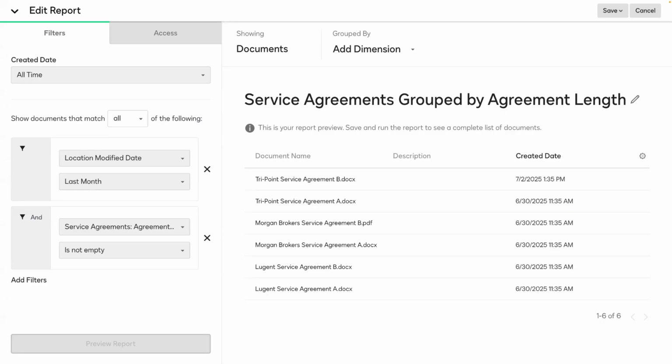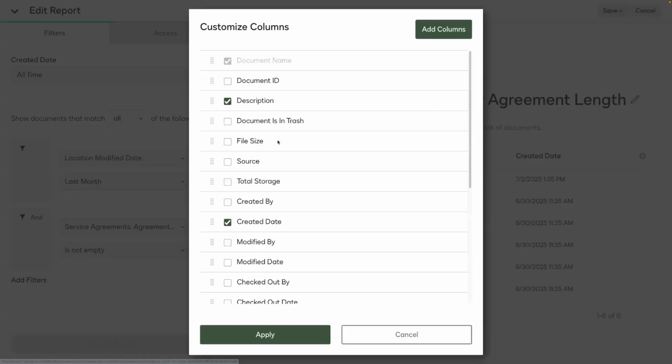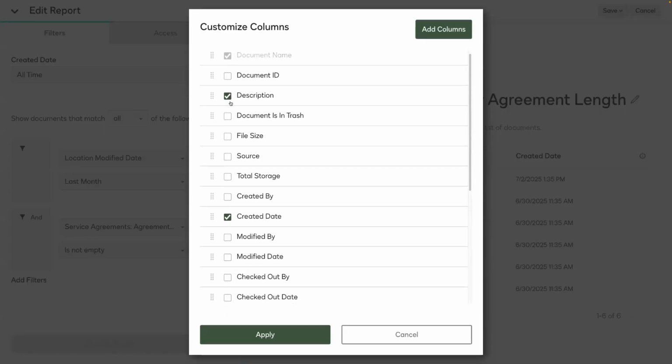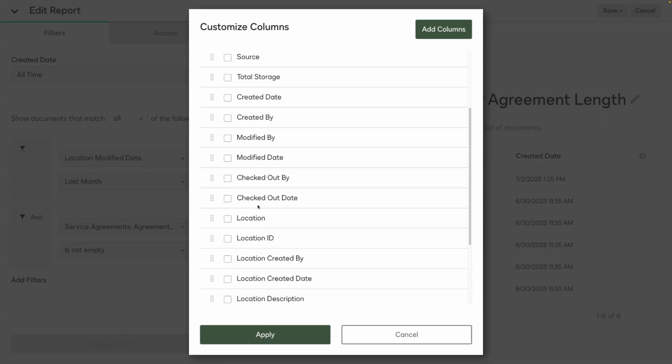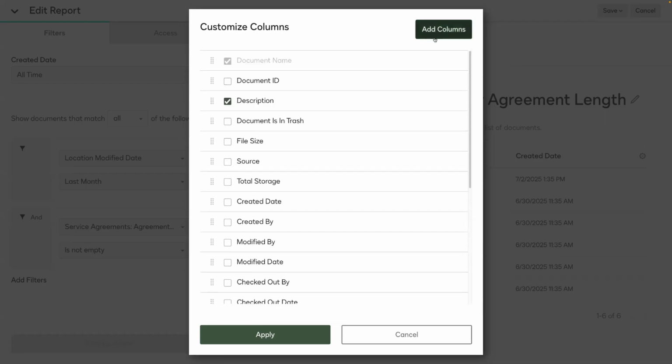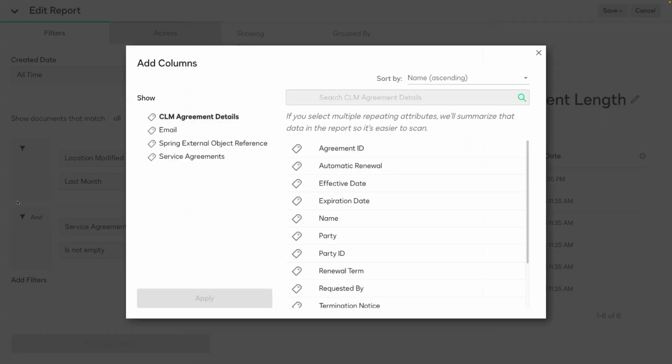Next, we can customize the columns. We can add or remove columns by selecting the gear icon here to the right. We can select any of the default document information, remove a column by unchecking, and reorder columns by dragging and dropping. To add additional columns beyond what's available on this list, choose Add Columns, and then you can add any of the attributes in.